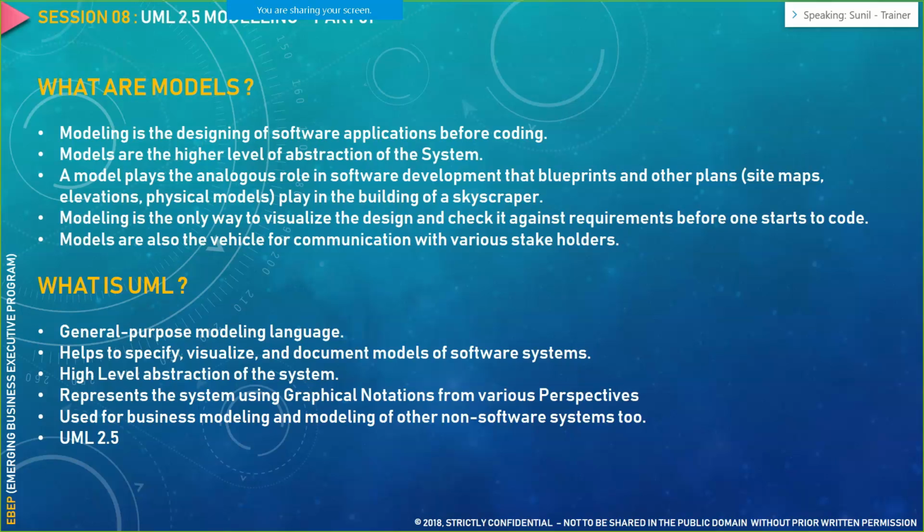Similarly, as a business analyst, our blueprint is the UML diagram. So we would be using the UML use cases, and we would be validating whether whatever the development team has coded is meeting the UML standards that we have defined for that particular project or not. So we would be using UML to track it, to gather the requirements, and to validate whether what the development team has coded so far meets the business expectation or not. Now, it is the way to visualize the design and check it against the requirement before one starts to code.